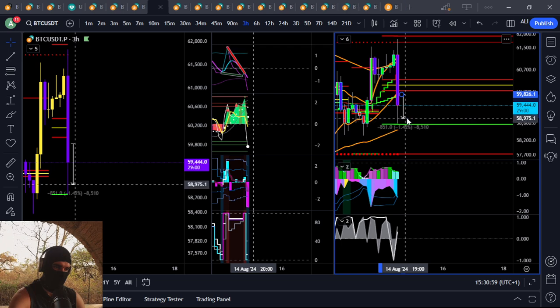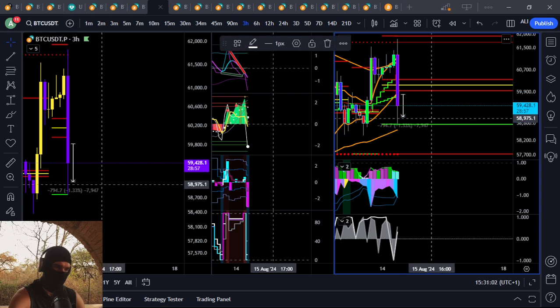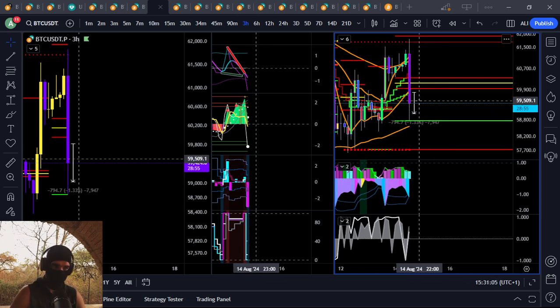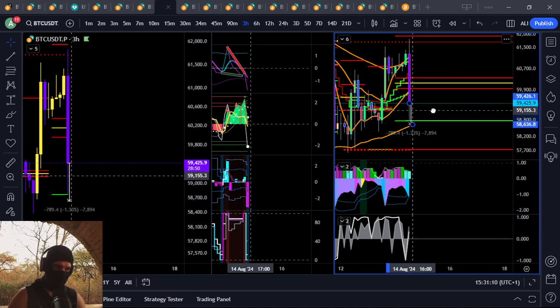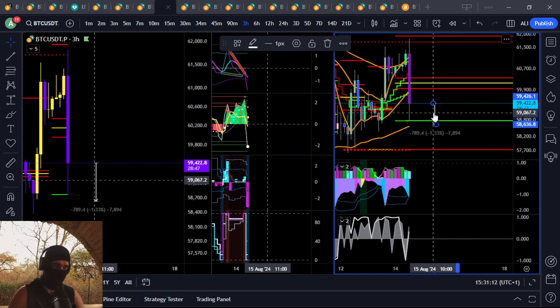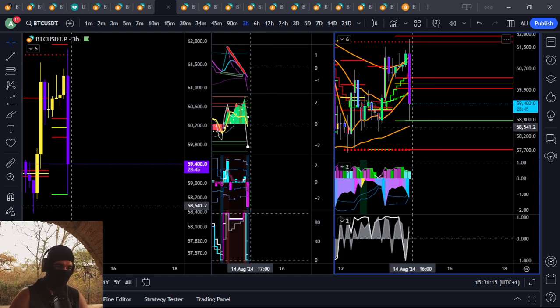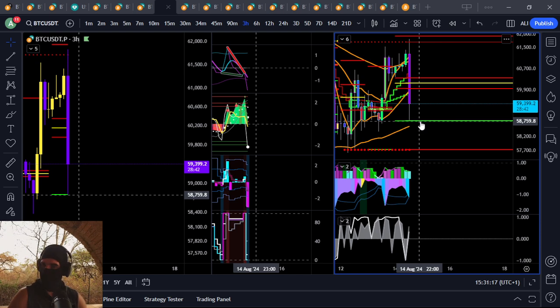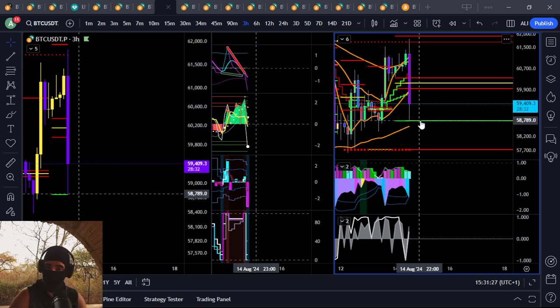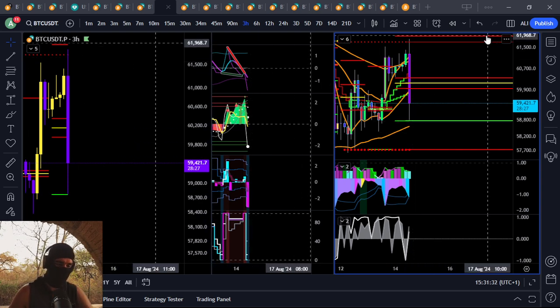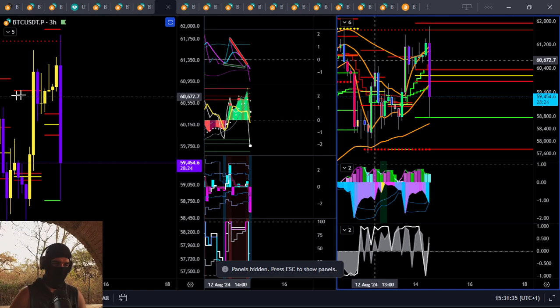Just to hold this trend, actually I gotta do it like this. It's gotta make a candle about 1.33% from here. Currently, if it was to close here, it would hit our reverse wave tendy to the downside, which is a safety zone, all right? In case there is something there, but at the end of the day it has to break -2 STD VRE to the downside, and there you have a reverse wave tendy for the last little catch, maybe. If it does bounce out, look for a hidden bear div on the lower timeframes at said -2 daily VRE. And yeah, so the 3 hour looking pretty good.